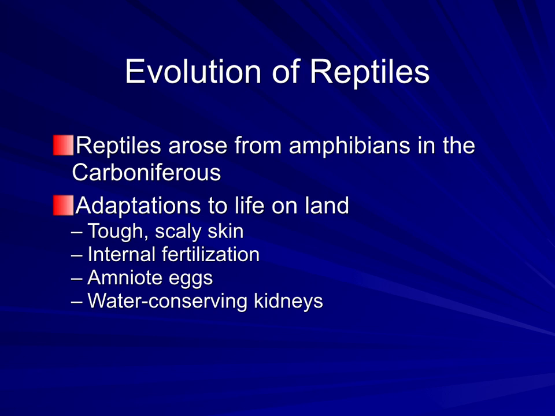They have better developed lungs and rely on them for gas exchange. There is some amount of cutaneous respiration, but not as much as amphibians. They have tough, dry, scaly skin to protect them from desiccation injury, with an epidermis of varying thickness and a thick dermis. The amniotic egg allows rapid development of large young in dry environments. Okay, so when we talk about our reptiles and what types of reptiles we have,